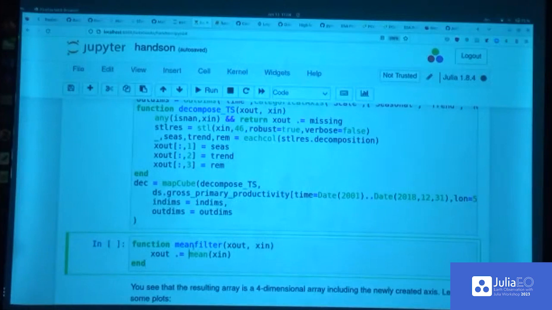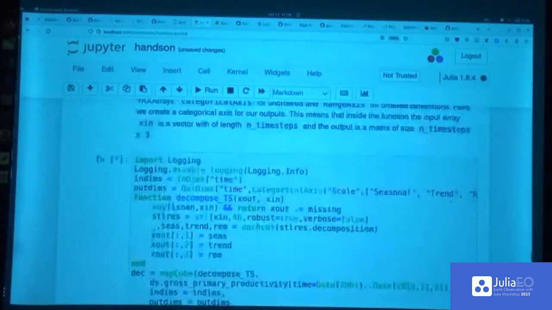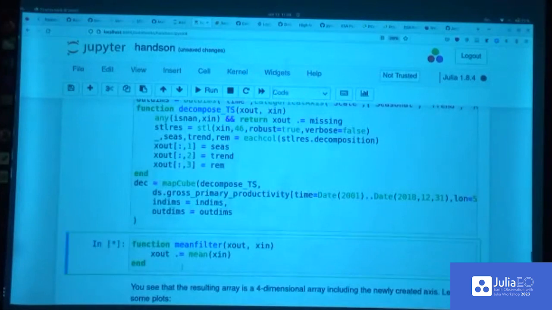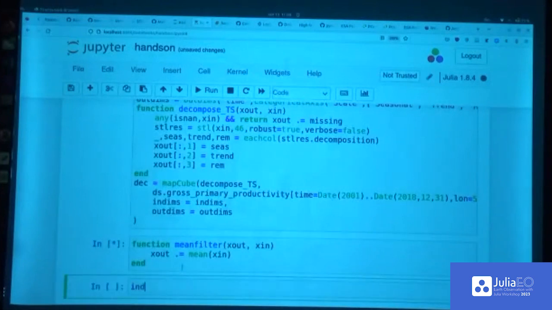I mean, you could do a lot more in regards of kernel. And then you have this moving window type, which can be used for the setting of the